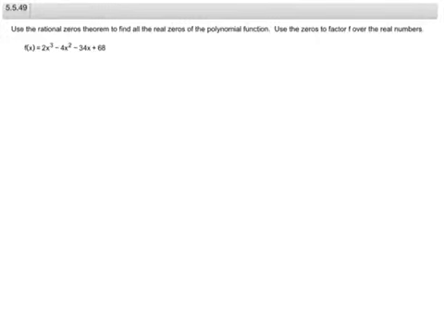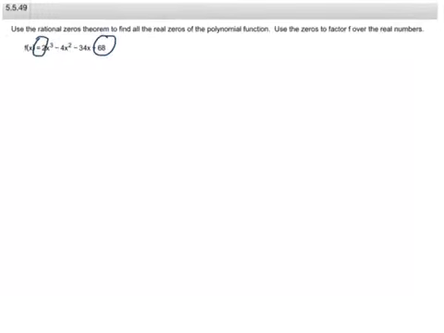Here we have to use the rational zeros theorem to find all the real zeros of the following function. Then we're going to use those zeros to factor f over the real numbers. So the rational zeros theorem says that if we take all of the factors of q, our last term, and divide them by all of the factors of p, the coefficient of our leading term, then we'll get all the